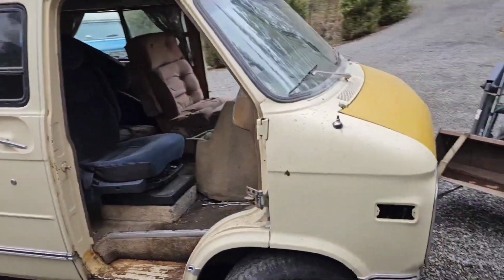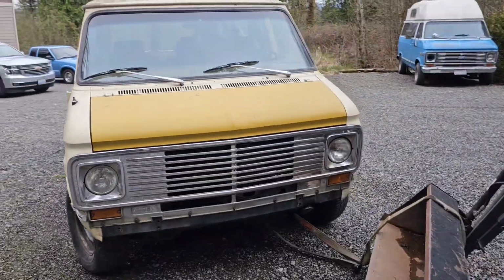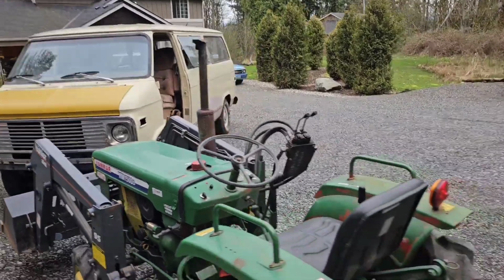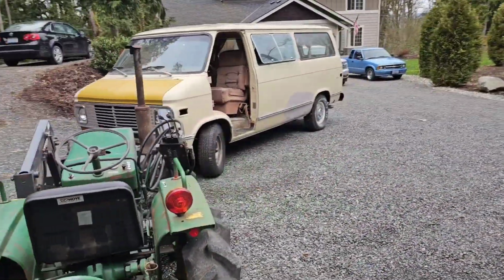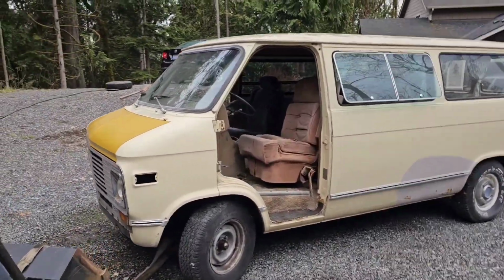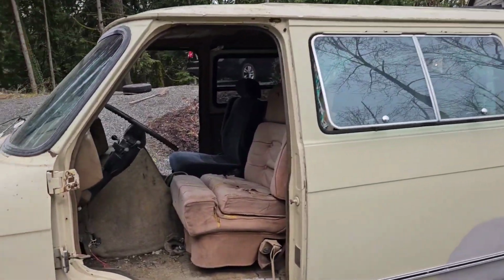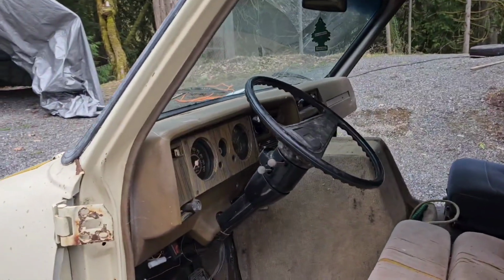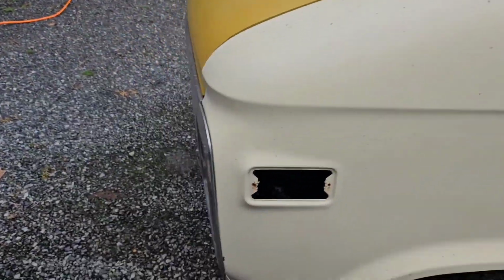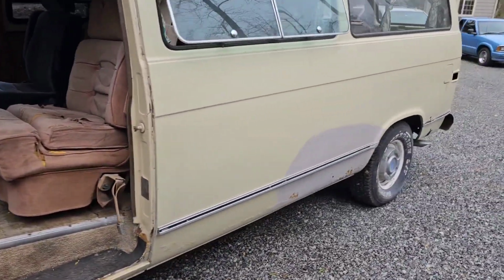This old van, man, it used to be a street beast back in the day. Hit 120 miles an hour, no problem. The old man and I put a small block together. Just a 350, a little bit worked overheads. Not too big of a cam. But the guy who was storing it for me decided to start stealing parts. He tried stealing the steering column out of it, took the doors, sold them, marker lights, front bumper, radiator. But unfortunately,